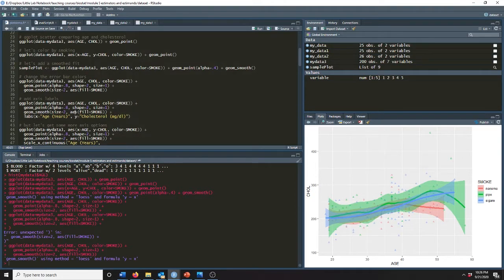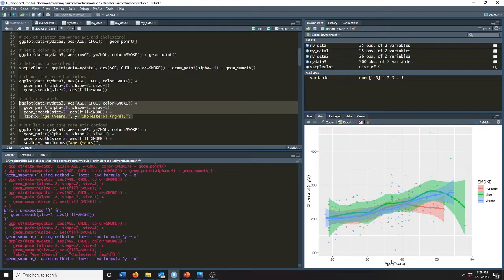Well, let's go back to our modularity now. All of this is totally unchanged. All we've done is add on labs, which is labels. We label our X in years, and our Y is cholesterol. And now you see age in years and cholesterol in milligrams per